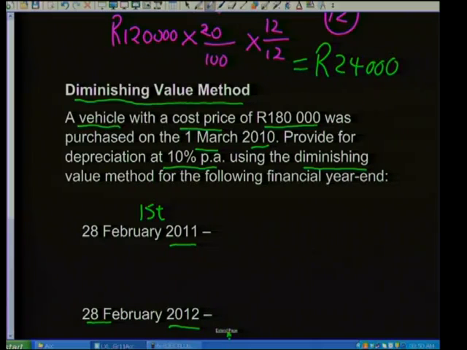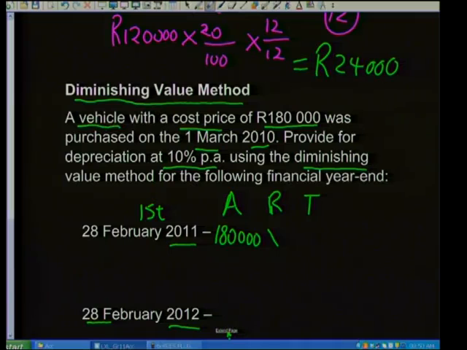Your cost price of the asset is 180,000. So again, I'm going to need an amount, I'm going to need the rate, and I'm going to need the time. In other words, I'm using ART. That's a method that I stick with. Now the amount, cost price, 180,000. Okay, it's the first financial year, so there's no accumulated depreciation for me to subtract. So I'm just using my cost price times your rate, which is given to you this time at 10% per annum,